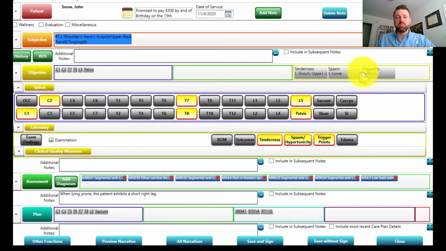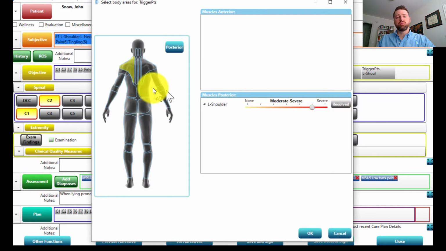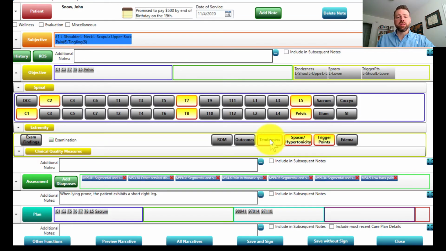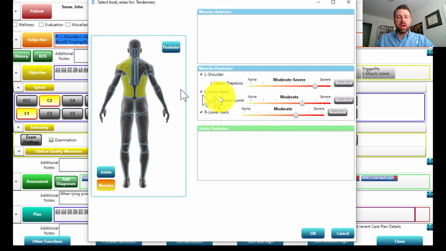And last time we had tenderness, spasm, and trigger points, so if we go into the trigger points, we go, well, this is a little bit better, but there's some new ones down here, and so we add those in. And maybe the spasms are the same, but the tenderness has changed a little bit. So we open that up and we go, well, the tenderness here is gone, and this one's a little better,